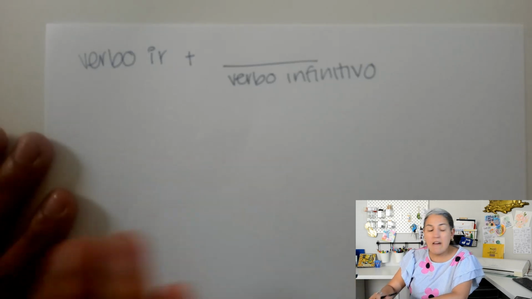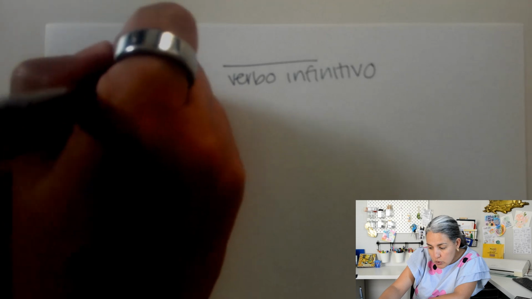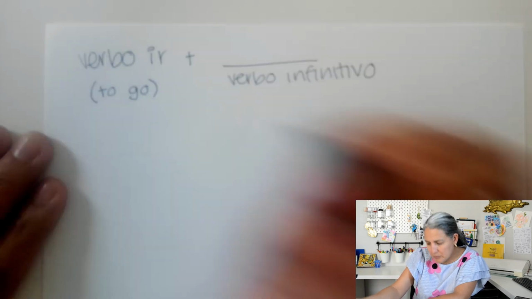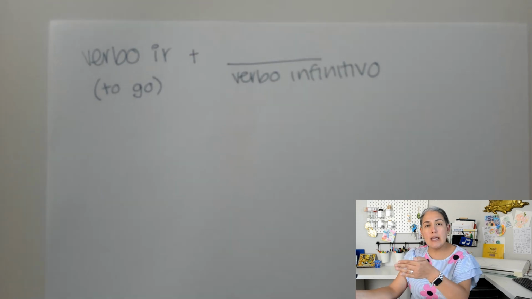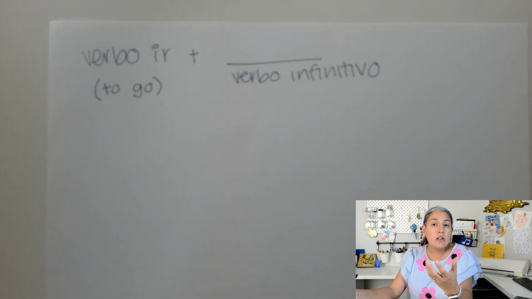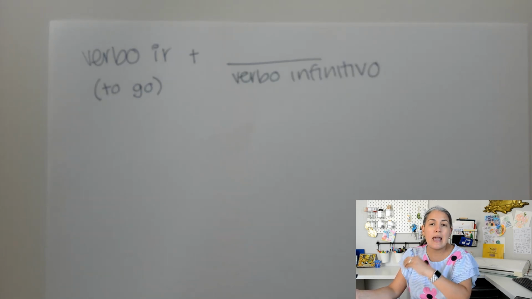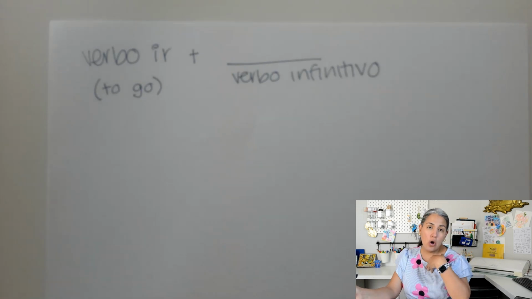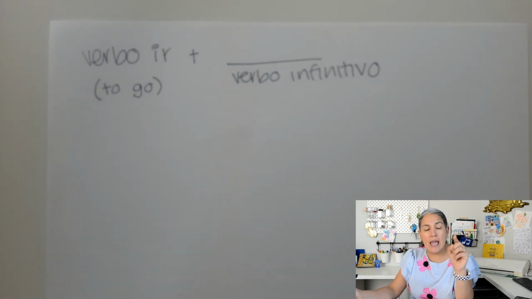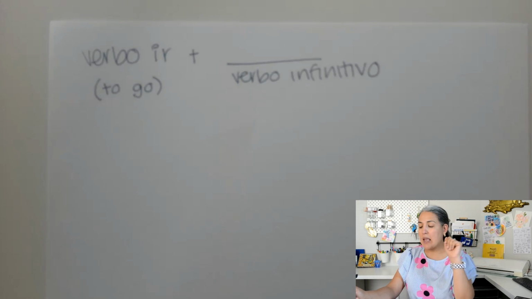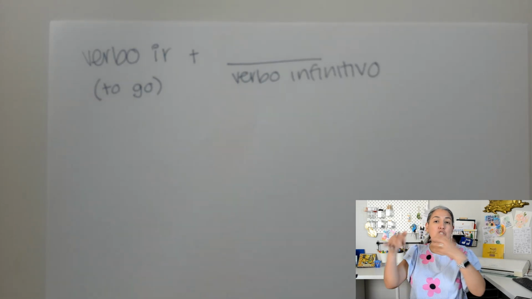So right here I have the verb ir, which means to go. We can't say yo ir, that doesn't make sense. That is saying I to go. So we have to change the ending sometimes. In this case, the verb ir is an irregular verb. So the whole word ir, we're going to change depending on who is doing the action, depending on the pronoun. Is it yo, tú, él or ella, nosotros, I'm included, ellos, them? So as we know, we are going to use our chart,